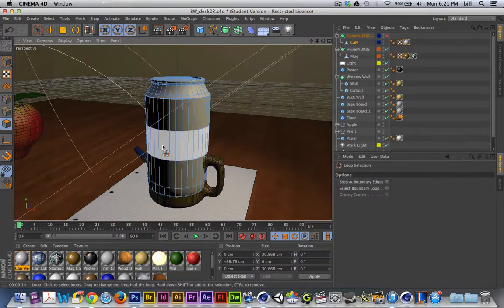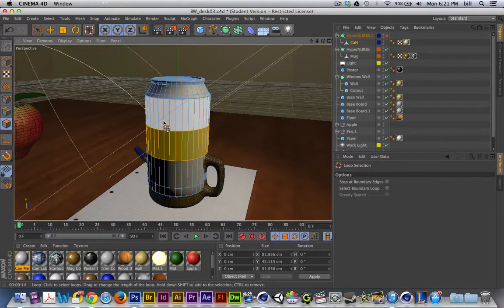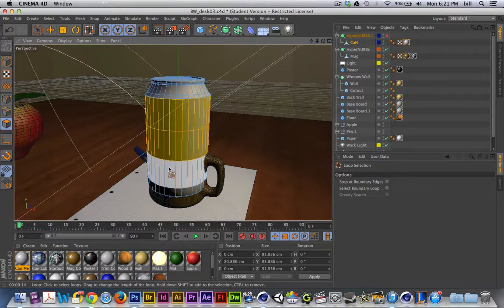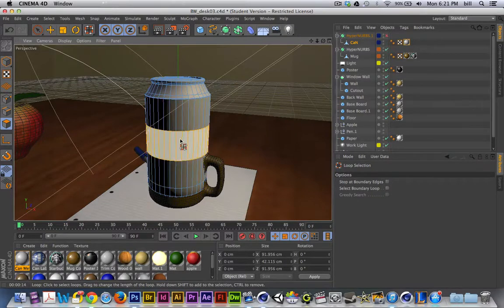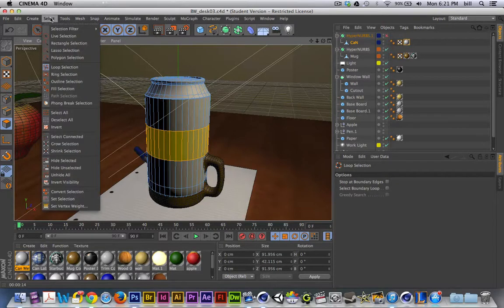So I'll do a quick UL. So I'm making a loop selection. I'm going to stay in loop mode, and I'm going to shift click. Alternatively, what I could do is select the center loop in this case, and I could go to the select menu, and somewhere in here is